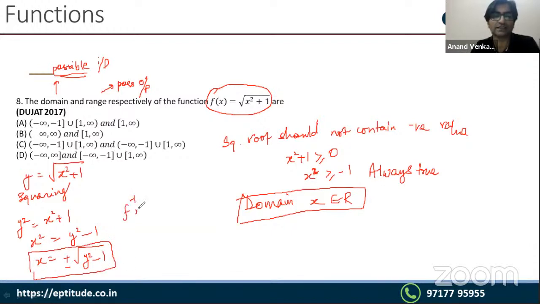कैसे लिख सकते हैं? f inverse of x is root of y square minus 1. In fact, प्लस माइनस भी है ना, प्लस माइनस रूट ऑफ y स्क्वायर माइनस 1, या इसको एक्चुअली f inverse y लिखना पड़ेगा आइडियली, राइट। सो दिस कैन आल्सो बी रिटन एज f inverse x will be equal to plus minus root of x square minus 1, राइट। You can write it either way, बट हमें इनवर्स से मतलब नहीं है। इन्वर्ट करते ही आप कहोगे कि इनवर्स वाले फंक्शन का अगर मैं डोमेन निकालूं, तो स्क्वायर रूट के अंदर नेगेटिव नहीं आना चाहिए ना।